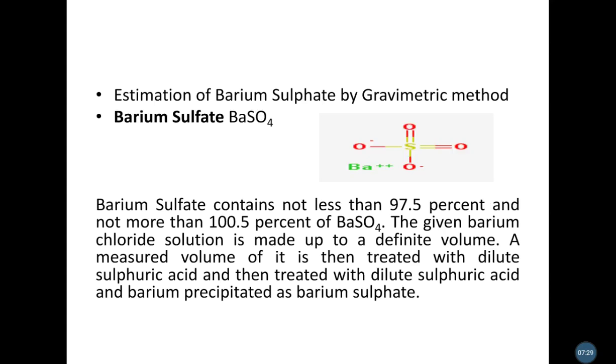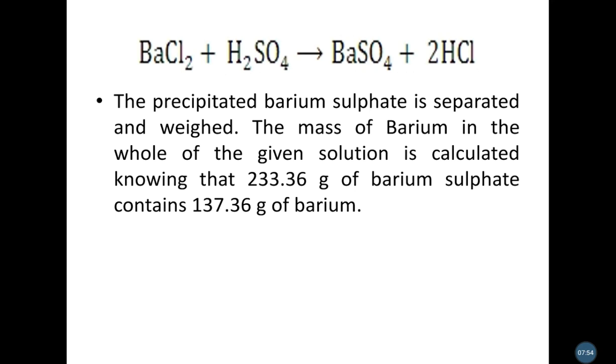In this figure, you see that the sulfate, SO4, has a negative charge, and the barium itself has a positive charge. So there is an attraction between positive and negative, and the barium deposits on the sulfate. These particles gather together, forming a coagulant, and precipitate. So this is the chemical reaction: barium chloride plus sulfuric acid gives barium sulfate and 2 molecules of HCl.